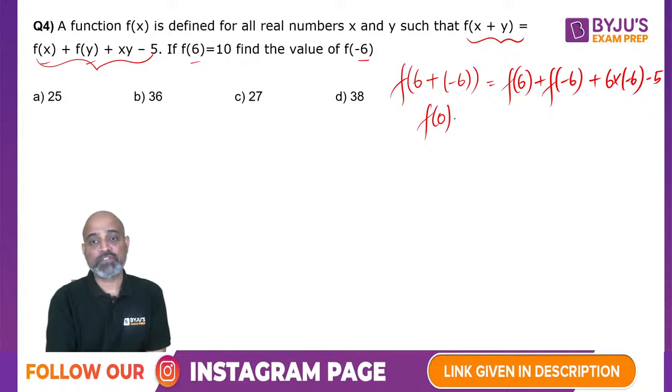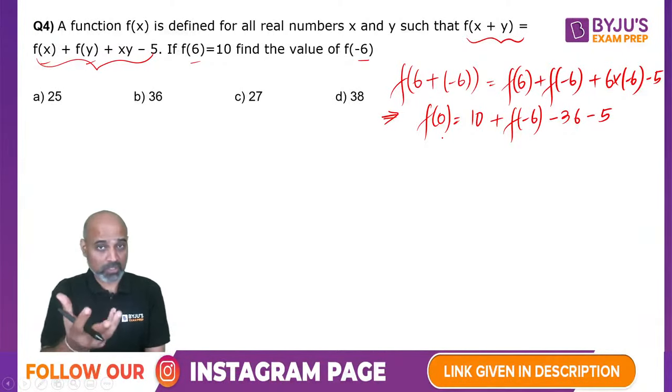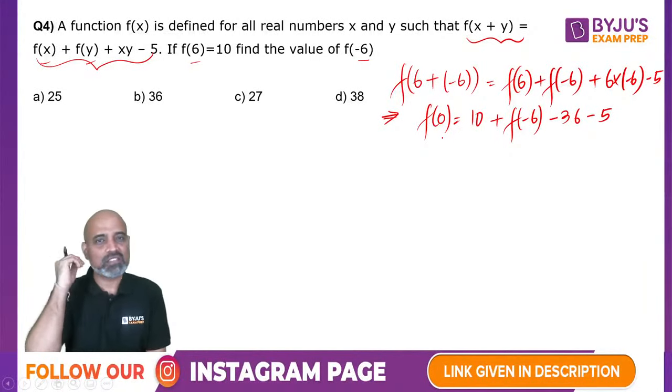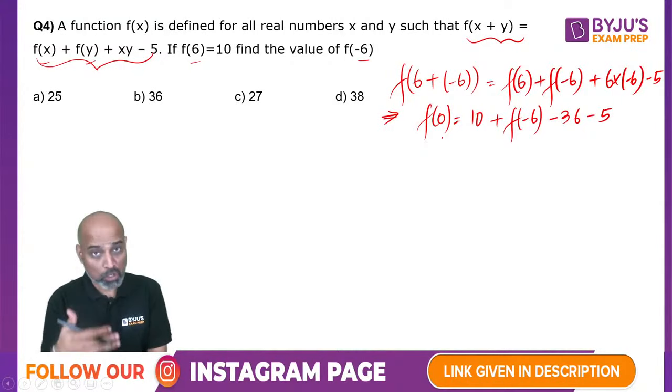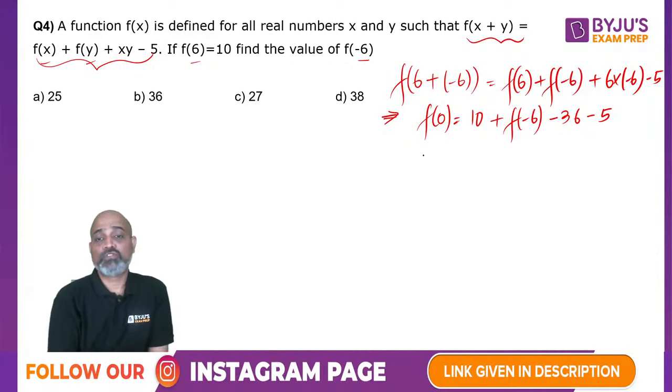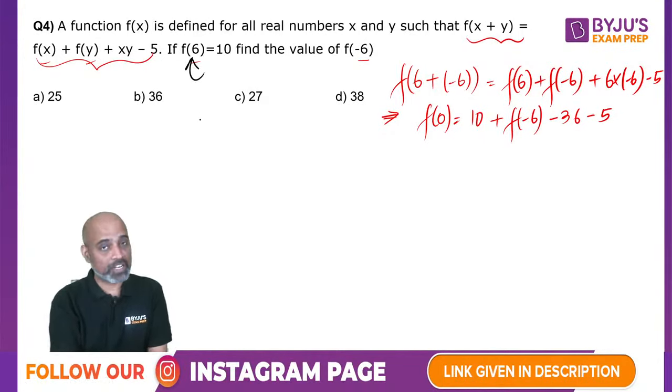So you get f of 0 is equal to f of 6, 10 hai, we know that, plus f of minus 6 minus 36 minus 5. Kitna acha hota if we would have known what f of 0 is. If I know what f of 0 is, the value, everything is known. F of minus 6 aa jayega apne aap. So my target is to somehow calculate f of 0. Jugaad, right? So for that, I cannot use some random numbers. I have to use the value that I'm already aware of and get f of 0. So for that, socho,